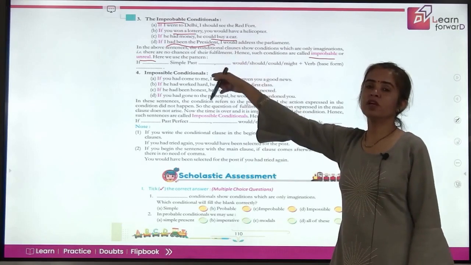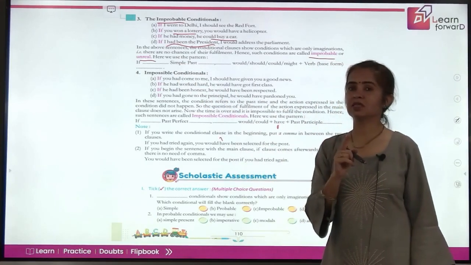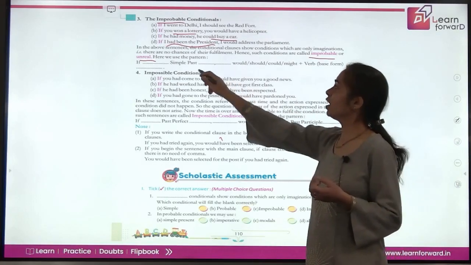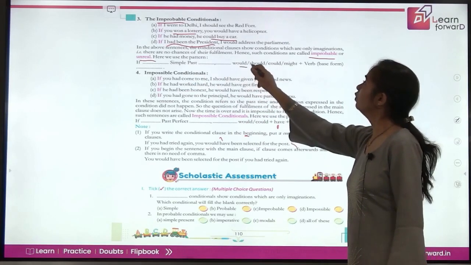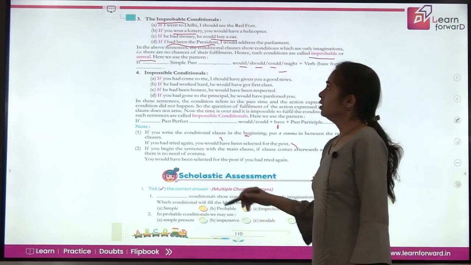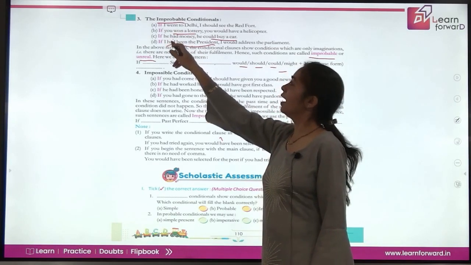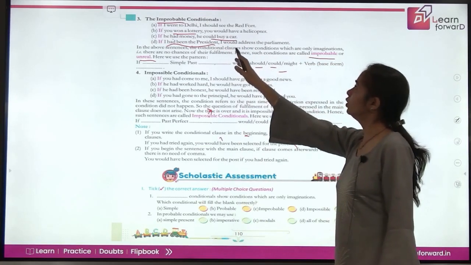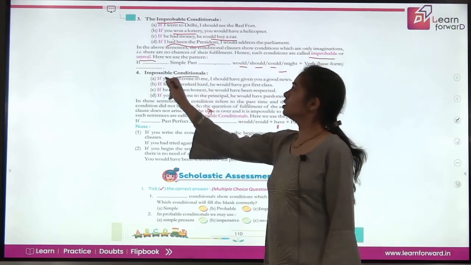So what we observe here about the sentence structure, about the verb formation, the if clause has simple past tense. We are just imagining that if it happened. That means we are using simple past with the if clause, and in your main clause you are using would, should, could, might with your base form of verb. As we have read here in the examples, all these if clauses have went, won, had been, all these are simple past tense, and here should, would, could, we can use any of these modals.